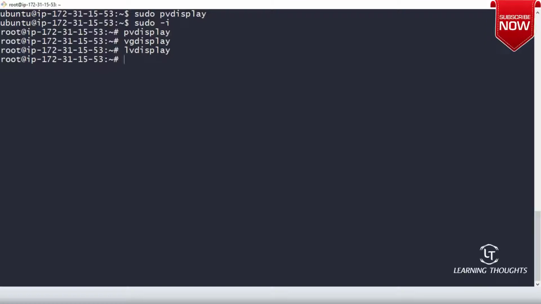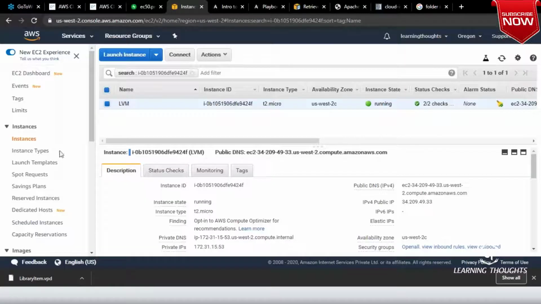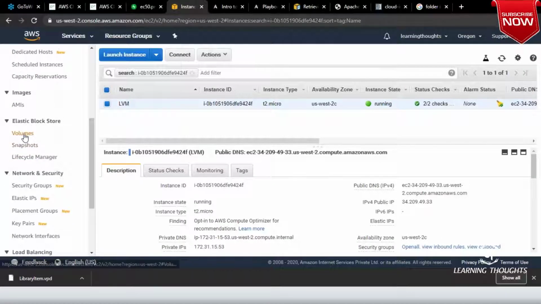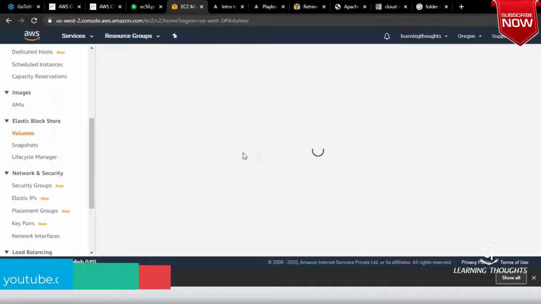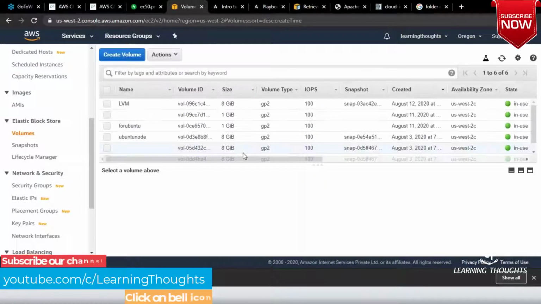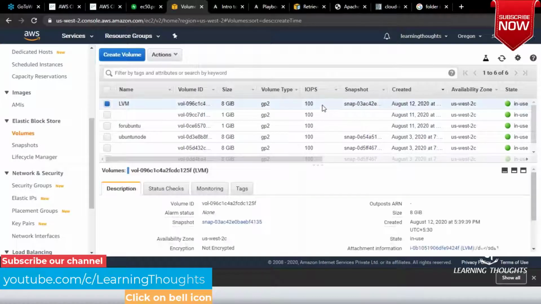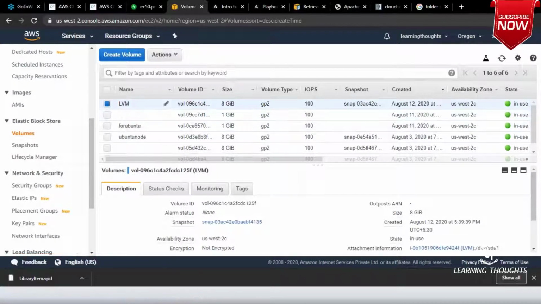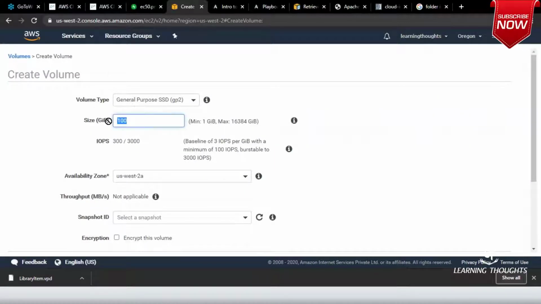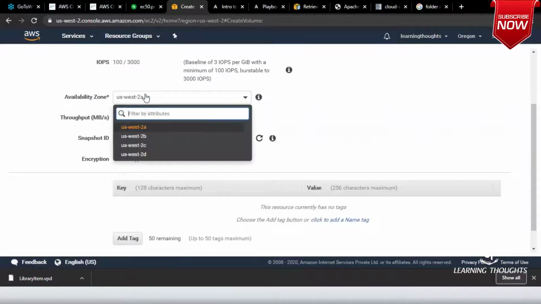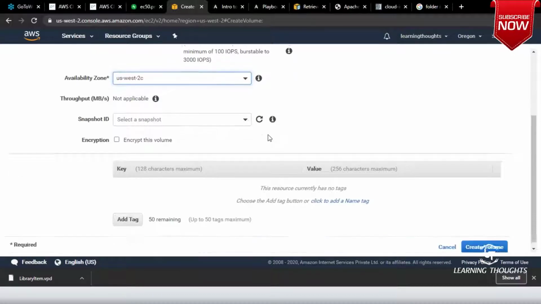Now if you want, you can create file systems. So what I would do is let me go ahead and add a 1 GB disk to it. I'll go to the volumes and create a volume of 1 GB size.